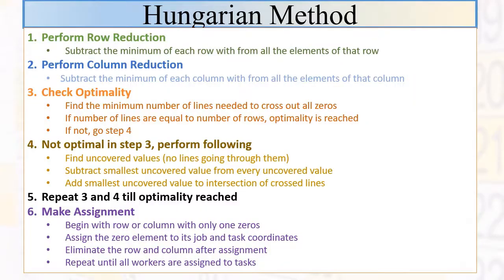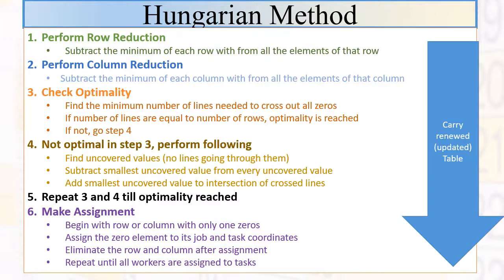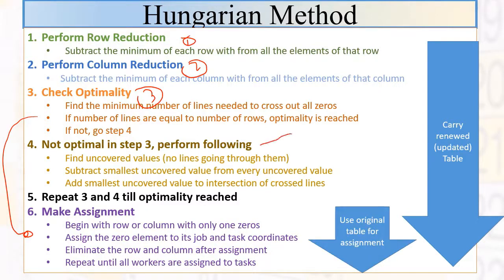So let's recap what we've done. Row reduction is the first. So row reduction, then column reduction, then optimality check. If it's optimal, then we could go ahead and go to assignment right away. If it's not, then we have to do step number 4, which is about the uncovering, dealing with the uncovered